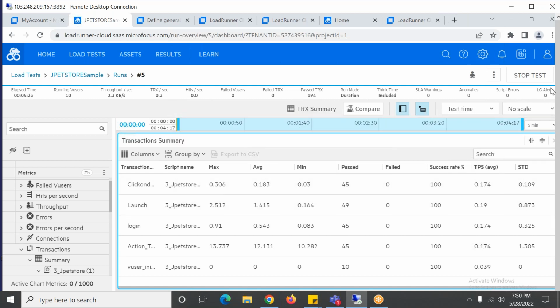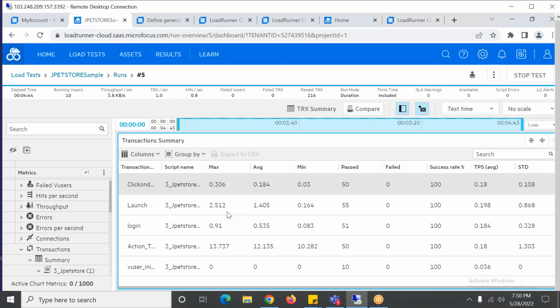If you have any LG alerts, you can see them here. Initially while you're setting up the scenario, they will ask you to check the LG alerts, if any LG alerts are there on the cloud. Also, I forgot to tell you one important thing: if you couldn't find the location you want to test, you can coordinate with them and ask for the location, and they'll give it to you.